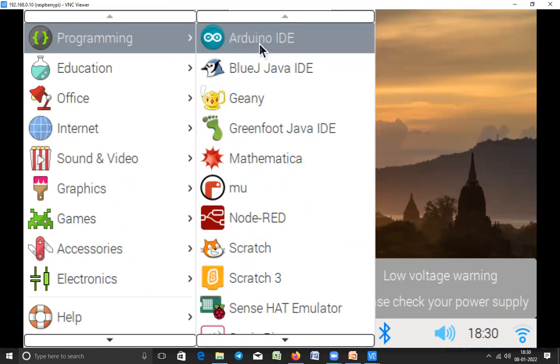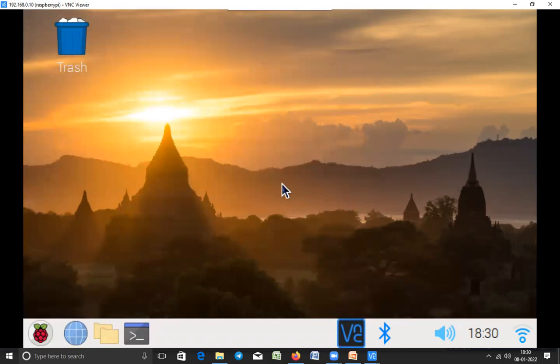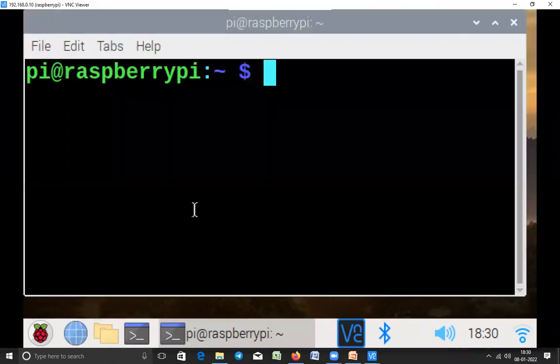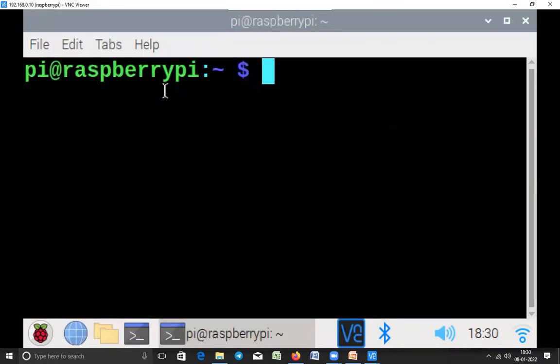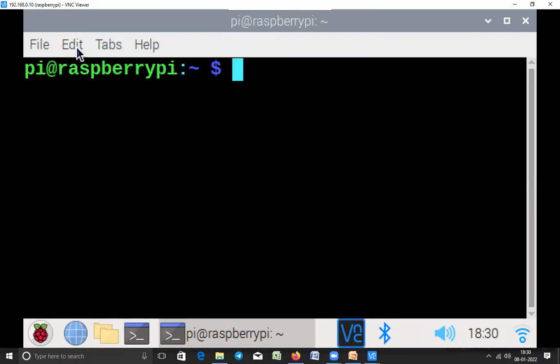What I'll do is use the Linux terminal for doing everything, because this Raspberry Pi OS is based on the Debian operating system. It is derived from Debian, so it is a Linux-based OS. So click on this Linux terminal. You will see this is the LX terminal. All of you can see this, right? I'll be reducing the size so that we can see the entire code that I write here.